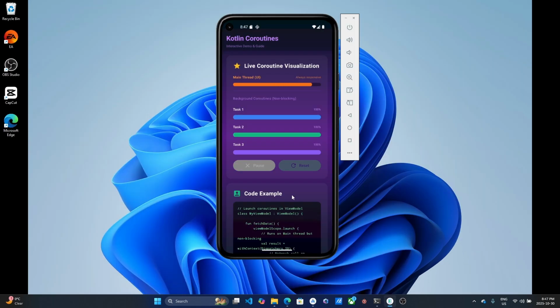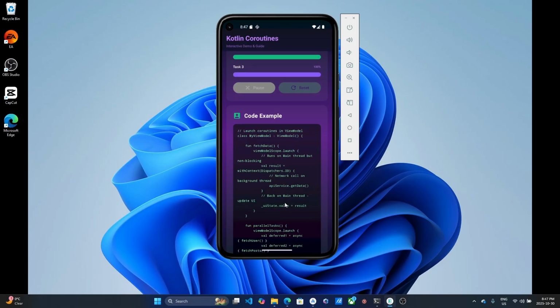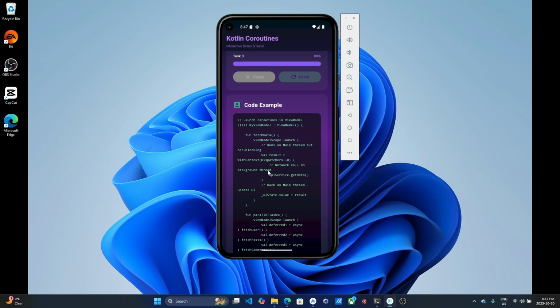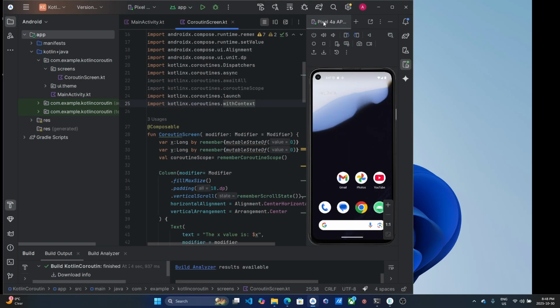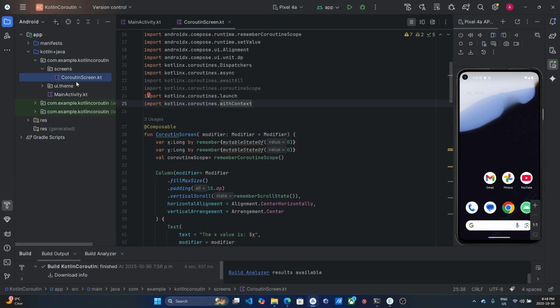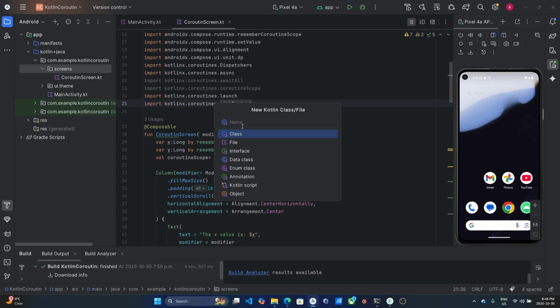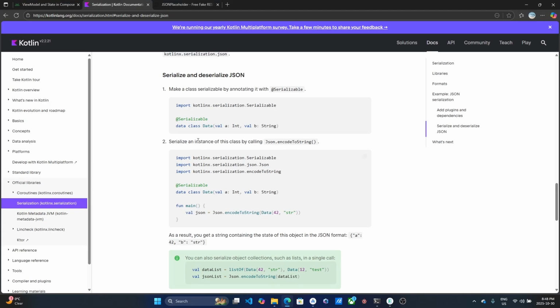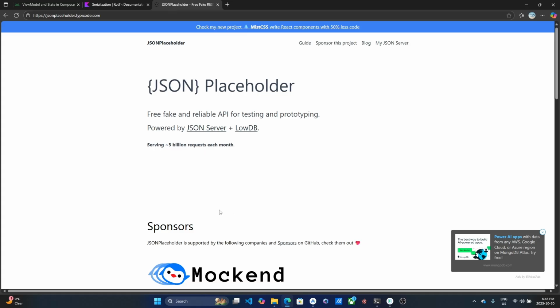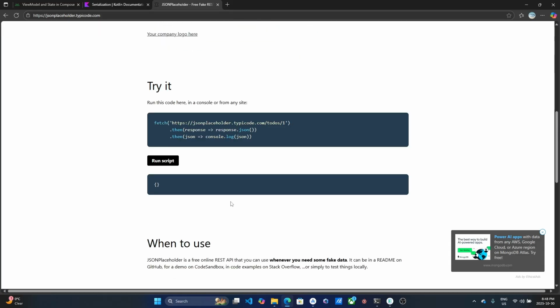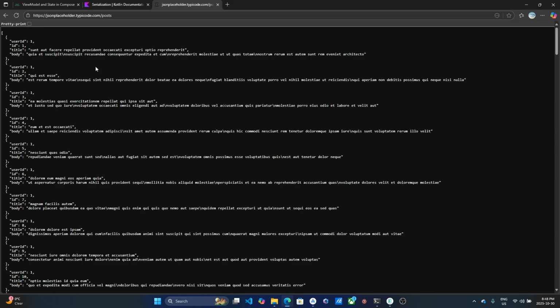Okay, next we are going to have an example of real-world use of coroutines, which is API calls, network calls, and background threads. So let's go to our application. We create a new screen, a Kotlin class, and call it PostScreen. We are going to call the API at JSONPlaceholder. You can see the posts. We are going to call posts,